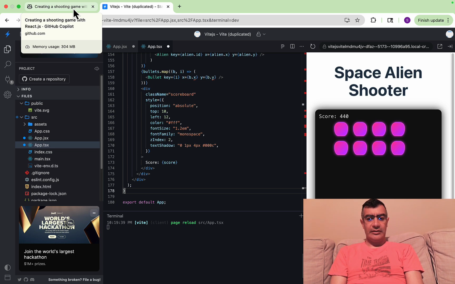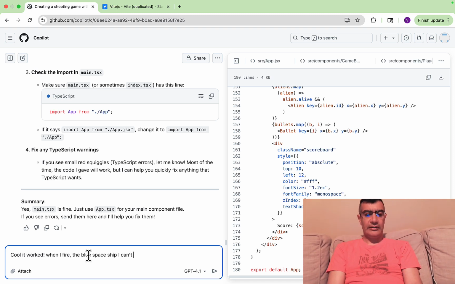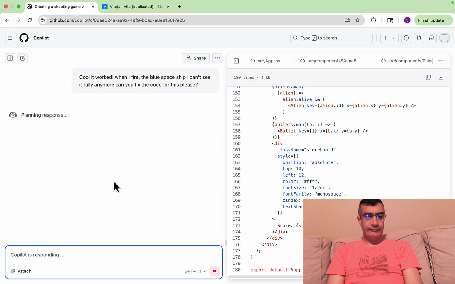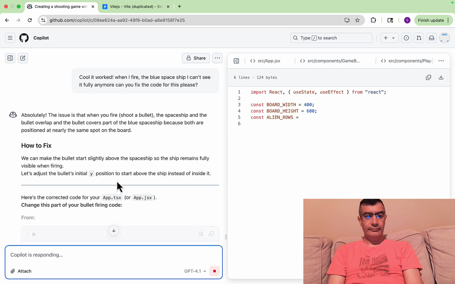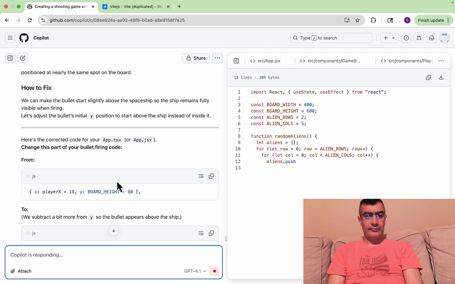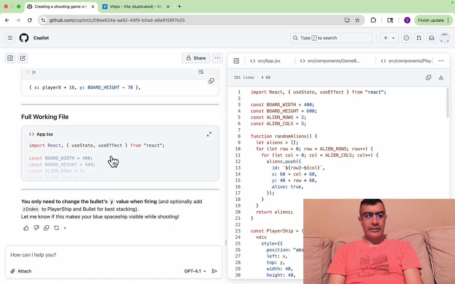Okay, so now I'm going to say, first thing, when I fire the blue spaceship, I can't see it fully anymore. Can you fix the code for this, please? That makes sense to height. Okay, so I'm going to take this, copy it, and I'm going to